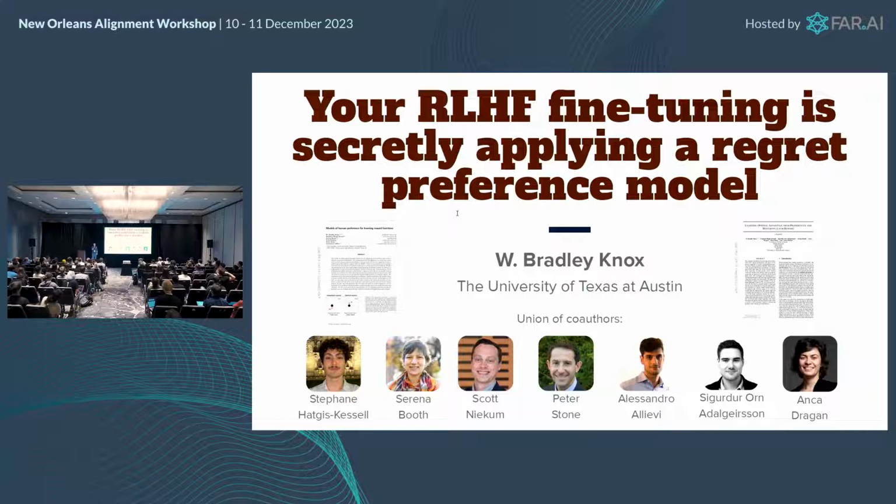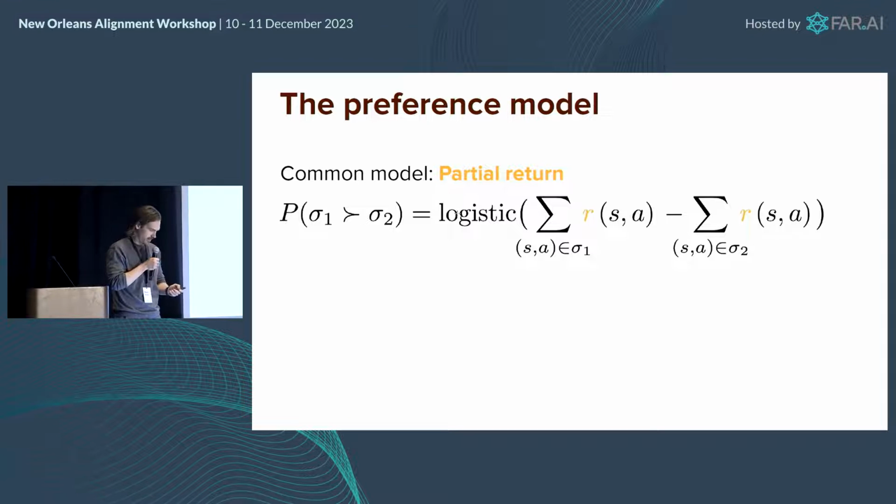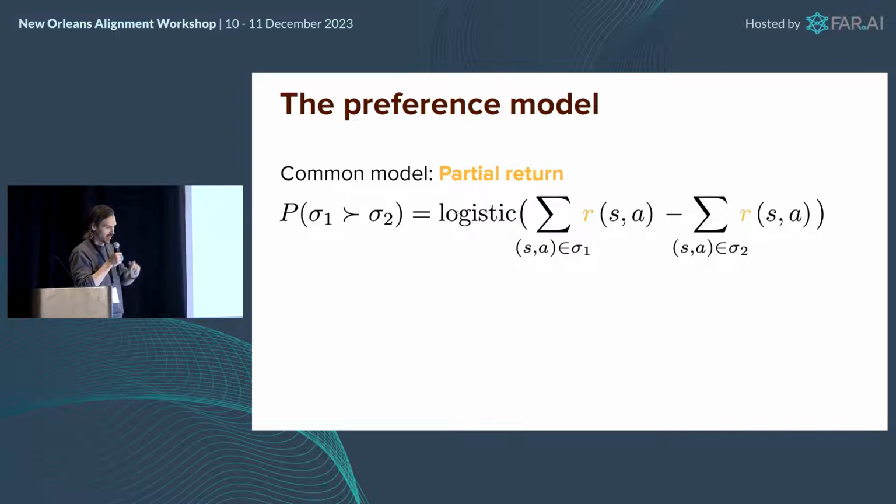Hi, everybody. Your RLHF fine-tuning is secretly applying a regret preference model. Let me explain. Let me describe a slide I inserted, and I guess didn't make it into the final cut here. So from the perspective of an RLHF